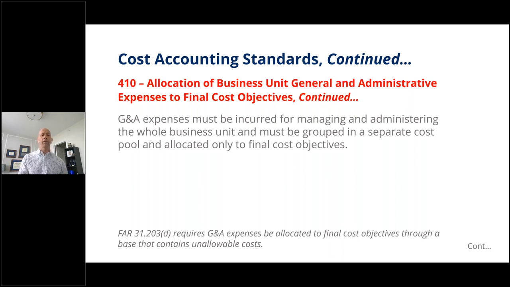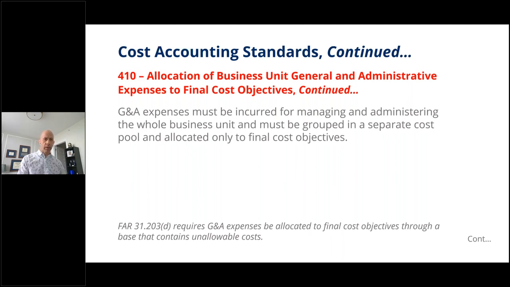And then again, one of the other things they find is even if they do segregate the unallowable costs, they fail to properly include them in the appropriate base, which is what I refer to as that little penalty. Again, if you remember, I think we did that in the advanced indirect rates course. So if you didn't get to see that, pick that up and go back and look at it. There is a little bit of a penalty, not only for the unallowable cost itself that is unbillable, but now you have to include it in the base of some of the indirect pools. And so you kind of have an additional penalty because now there's a portion of that other pool that does not get billed back to the government as well.